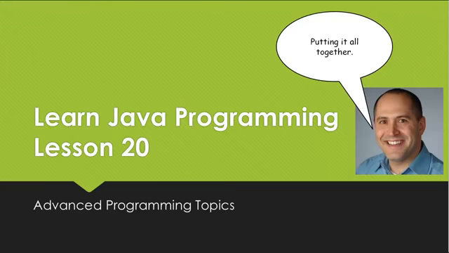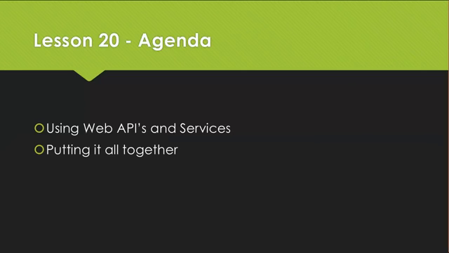Lesson 20 will kind of put everything we've learned so far together into a coherent program. We'll talk about some advanced programming topics like how you can use a service on the web and then consume that in Java. But in essence, we'll be taking all the lessons we've learned so far and assembling them into one project. On the agenda for today, we'll look at using web APIs and services, and of course,